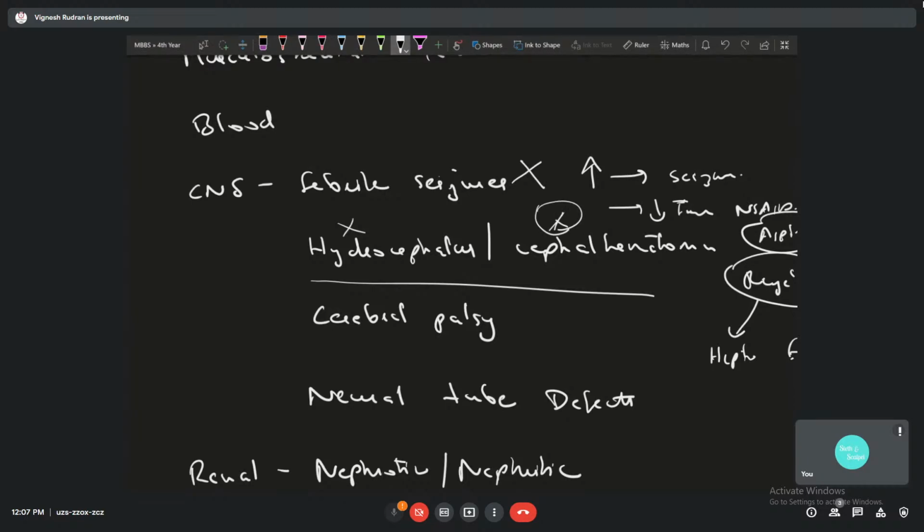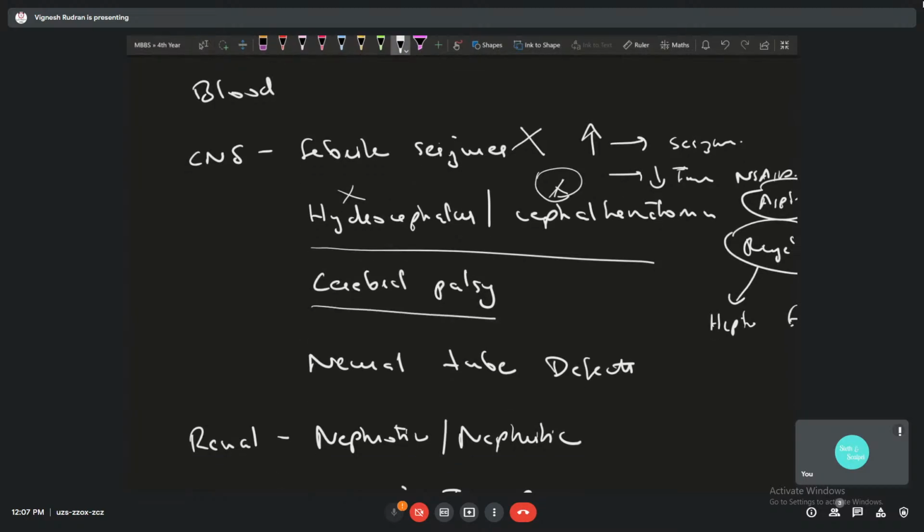This is not dangerous per se, but because of this, that child can develop neonatal jaundice. That's an important point over there. You don't need to treat this per se. You need to wait and watch. There's one more thing known as caput succedaneum that is very dangerous. That requires urgent care and attention, where there's collection of blood within the brain. Other than that, these two are fine.